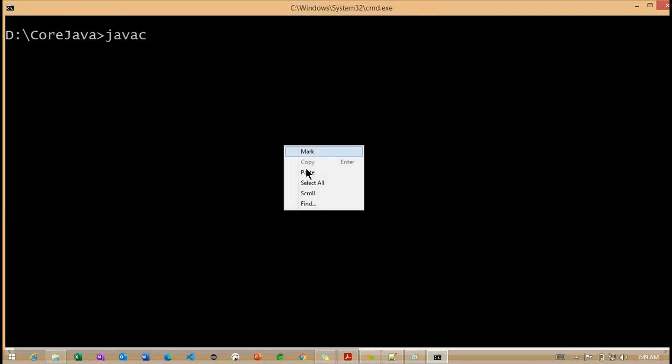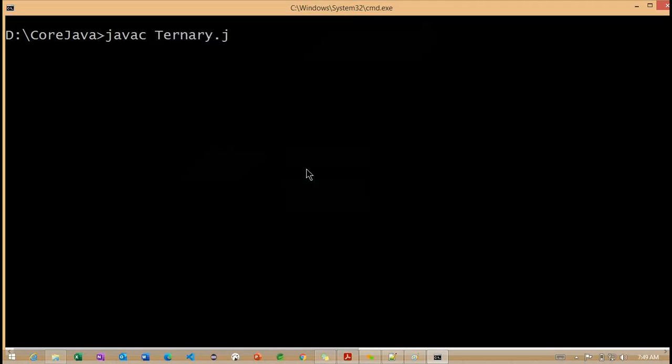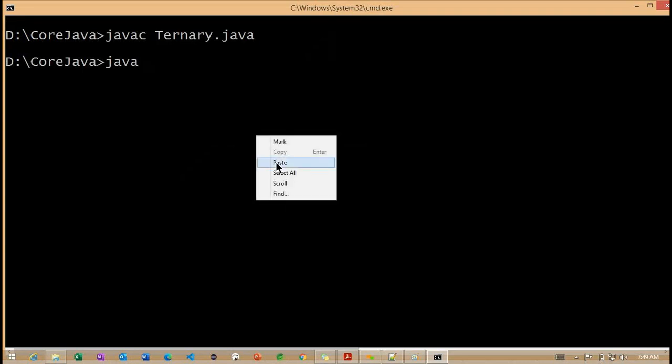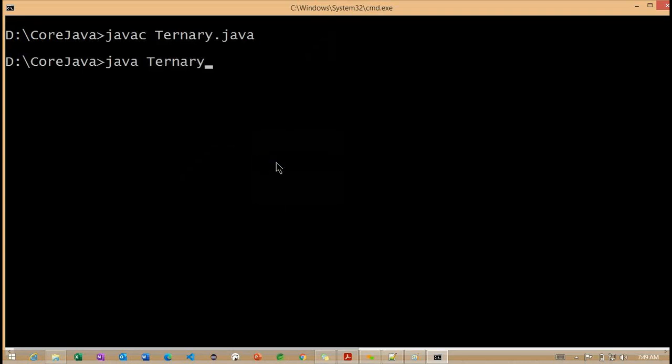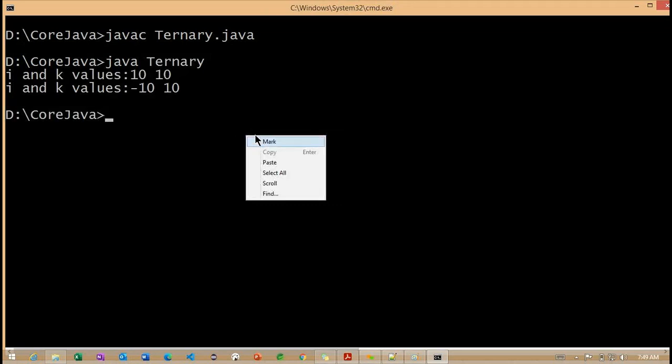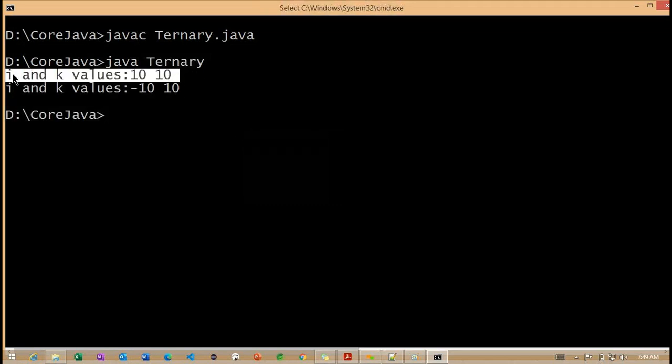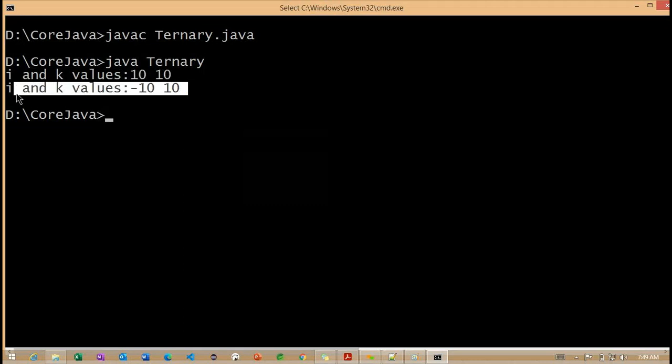So now observe here, javac. What is the name of the class? Ternary we are having here, and it compiled successfully. Observe here, I'm trying to execute this particular Ternary class. So now you can observe the i and k values, 10 and 10 we are getting here.